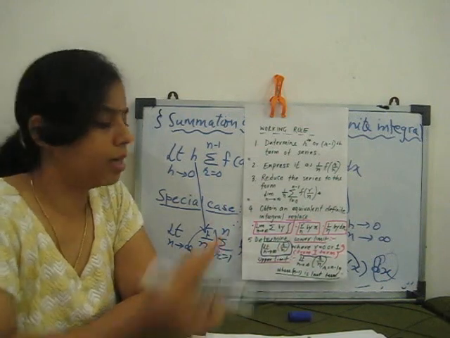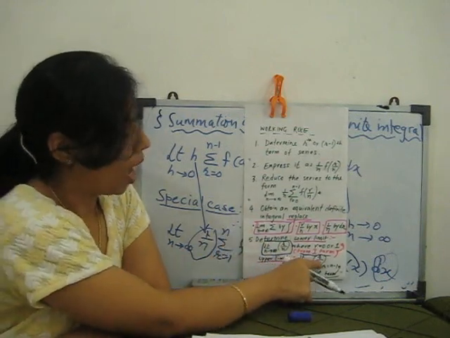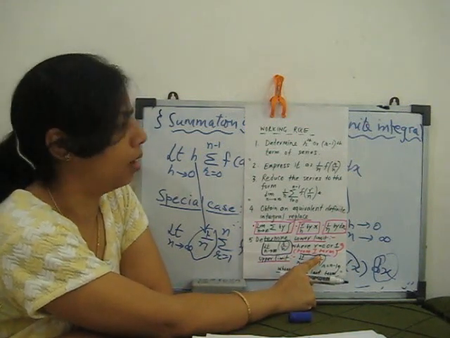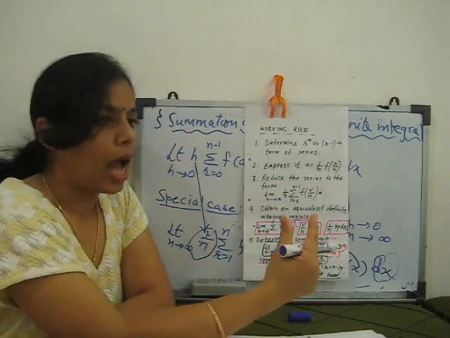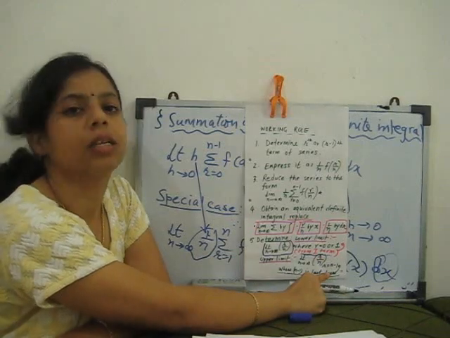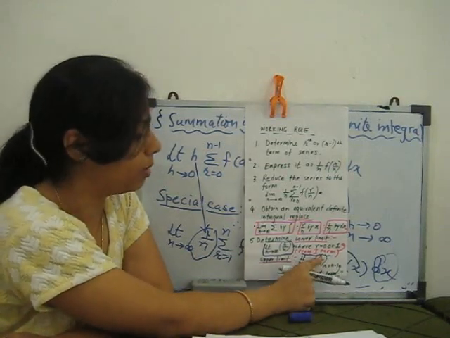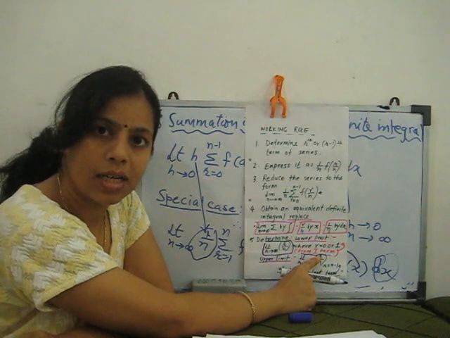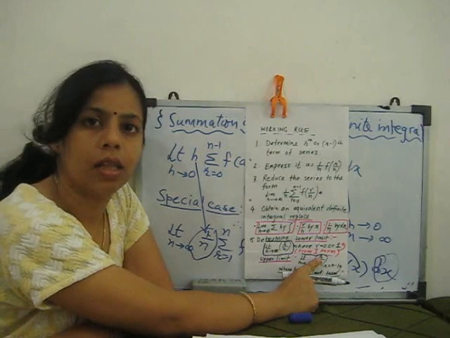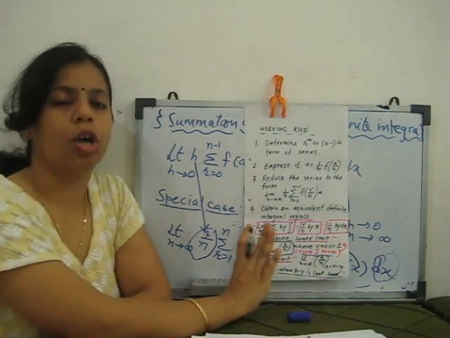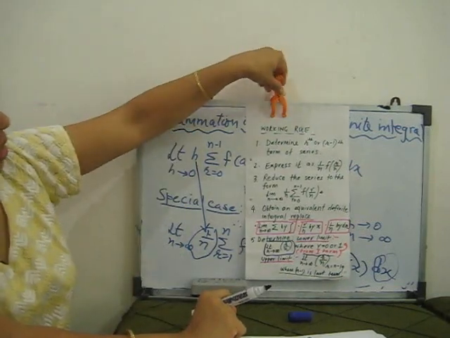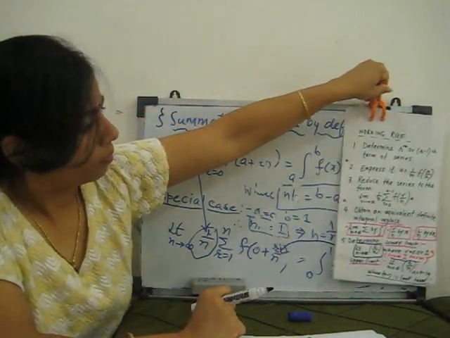Similarly for the upper limit, same term, limit n tends to infinity, r by n, and we have to decide this r with the last term. Where the last term is given, there r is either n or n minus 1. If n is the last term, then we replace this r by n, or if n minus 1 is the last term, then we replace this r by n minus 1. We will get the upper limit. After that, just solve the definite integral. So these are the working rules for definite integral as a limit of sum.